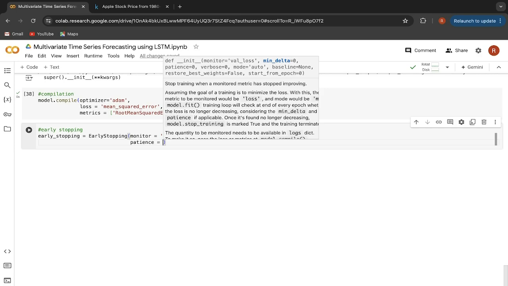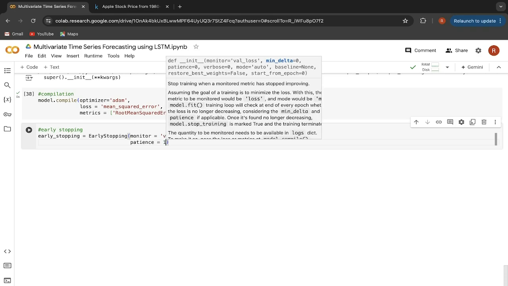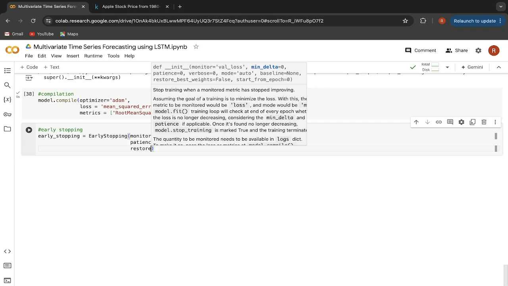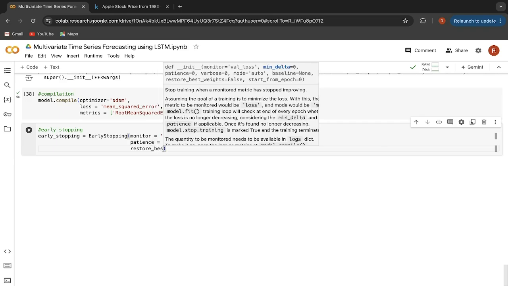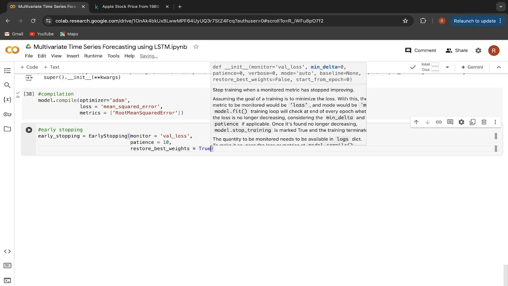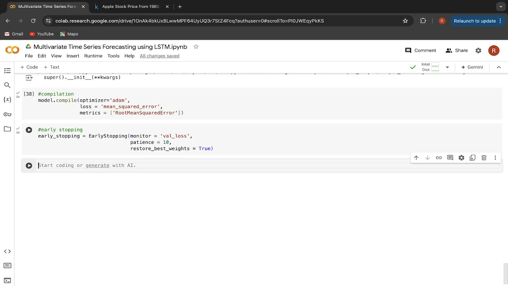So in the same way I will keep the patience as 10, which means this early stopping condition will monitor the validation loss, and if it finds that for 10 consecutive epochs the validation loss is not changing, then it will stop the training process. And then one more parameter that we have to add here is restore_best_weights, which is True. So this was the early stopping code. Let's run that.